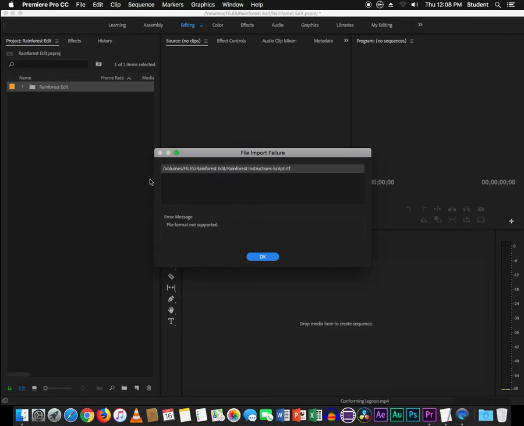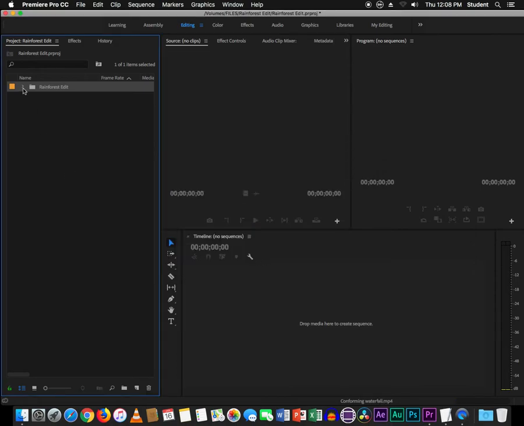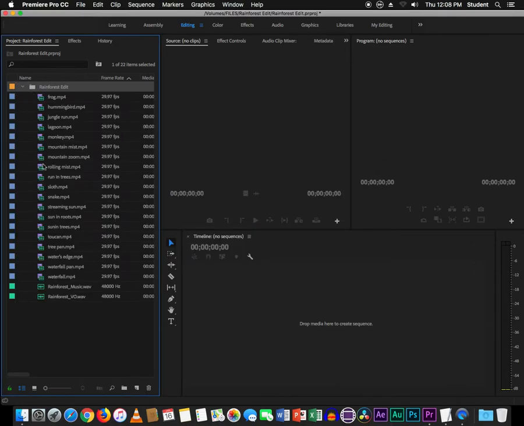Okay, now it's giving us an error message here. This is actually the script, which is an RTF, a rich text format file, which Premiere can't read, so it's just telling you that it can't import that, so that's fine. Just say OK. And then if we flip down this little triangle to show what's inside the Rainforest folder, we